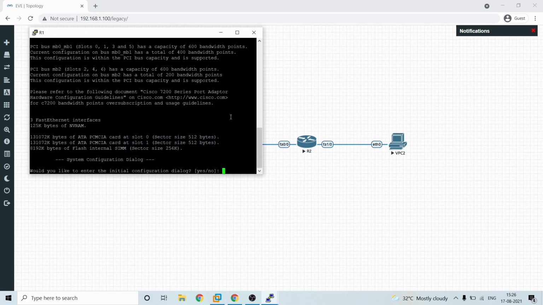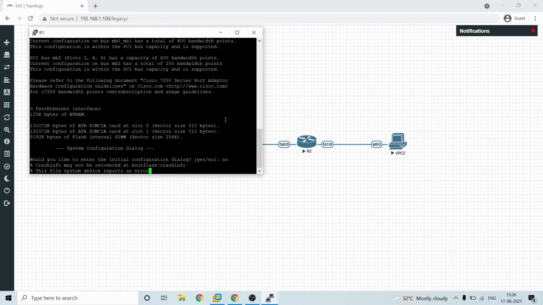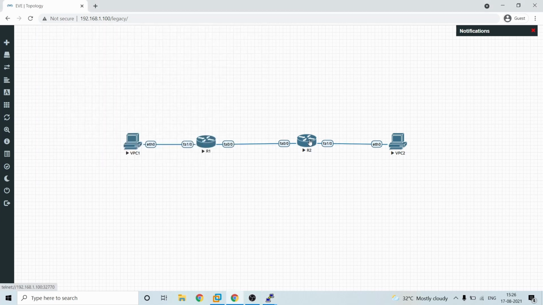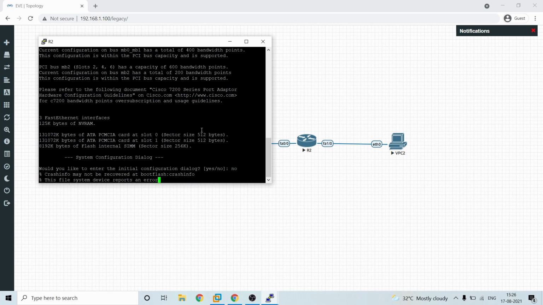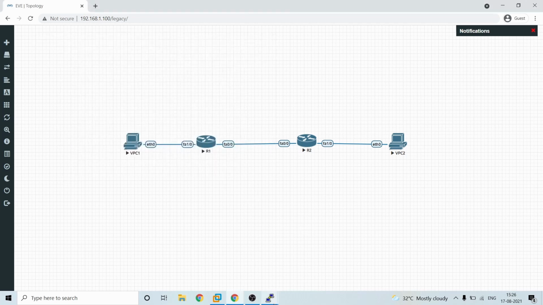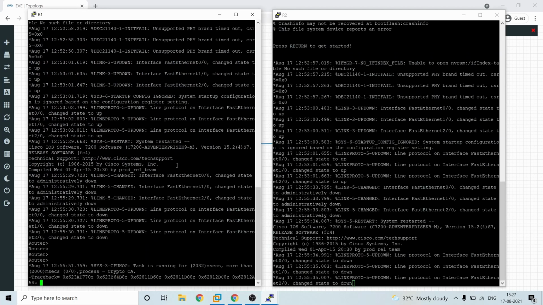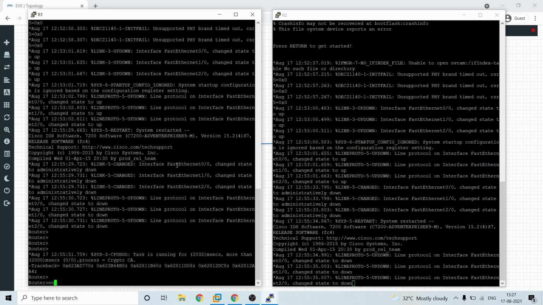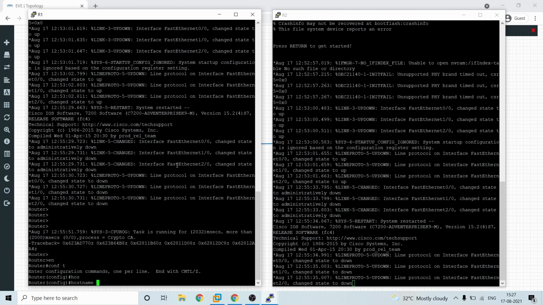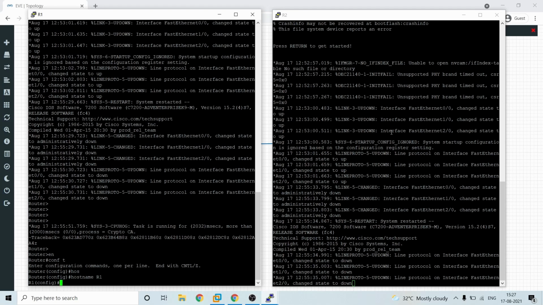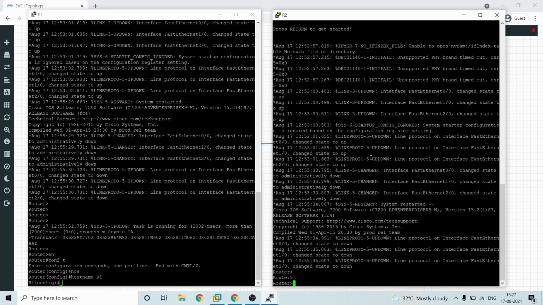so I'm going to configure router 1 and just skip the initial configuration. We'll configure R1 now. So we'll start configuring router 1, hostname R1, and parallelly we'll configure router R2 as well.